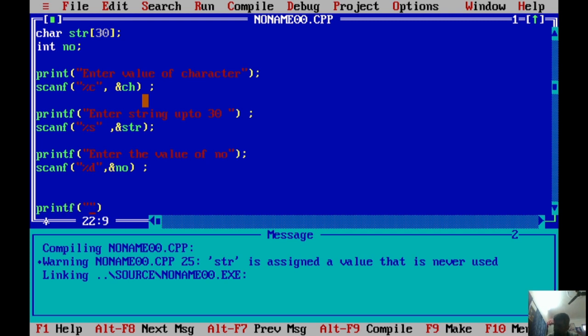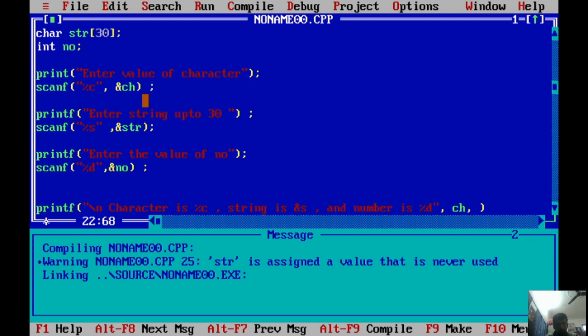printf, value of, basically \n is used to change the line, and let's type character value is %c, string is %s, and the value of number is %d.